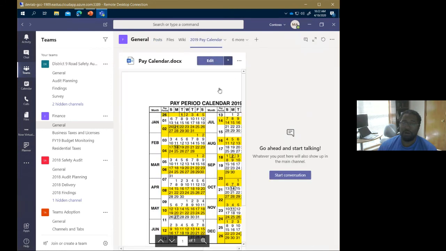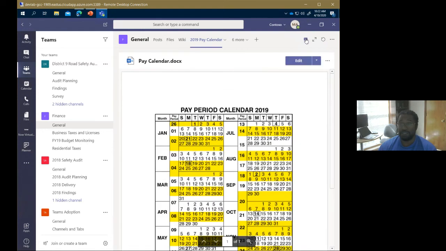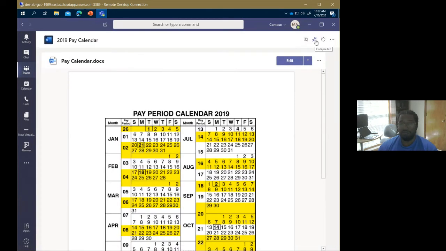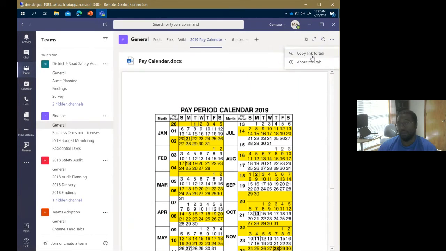And of course, with our Word docs, these tabs also have the edit buttons. Either edit them in Teams in the desktop app or the browser. No matter where I open them, I'm getting the power of co-authoring, real-time co-authoring, because they are stored in SharePoint. And I still have the open in SharePoint button as well. But again, just like the others, I have the ability to have a conversation about those as well with that tab, as well as go not full screen, but expand it across the screen, reload, and copy a link to the tab.